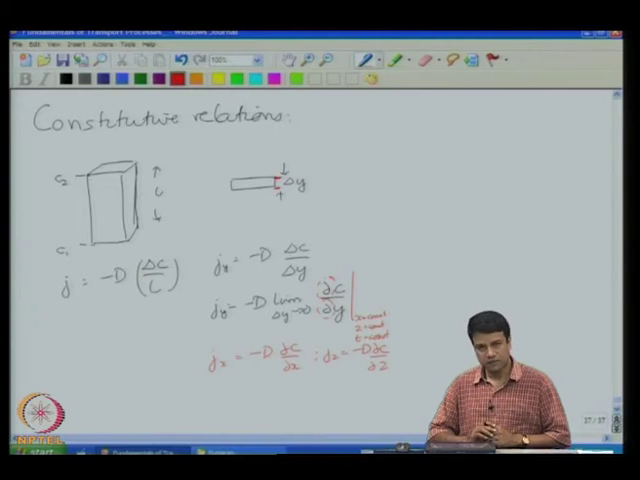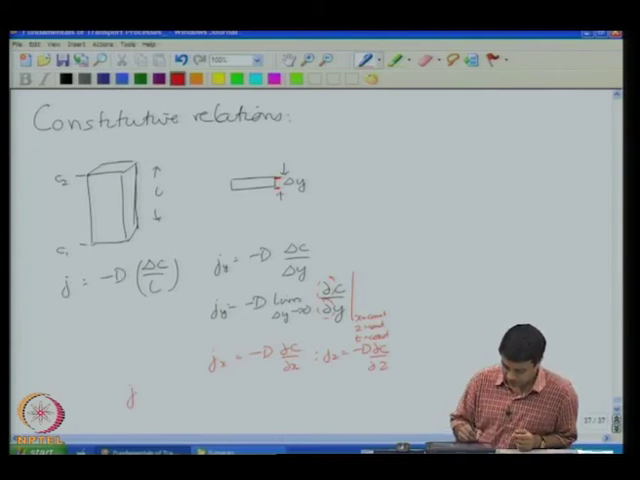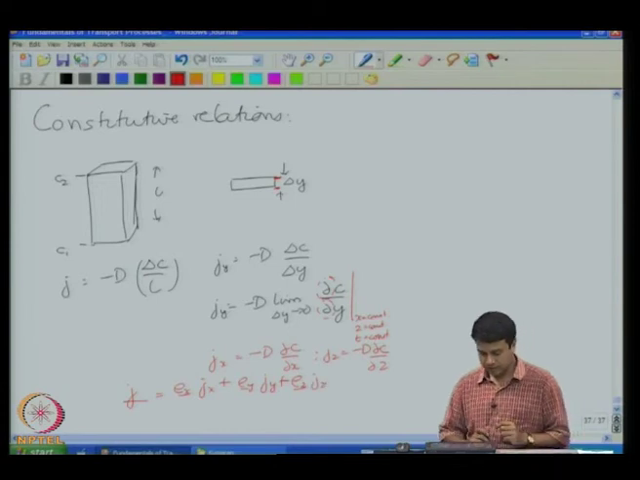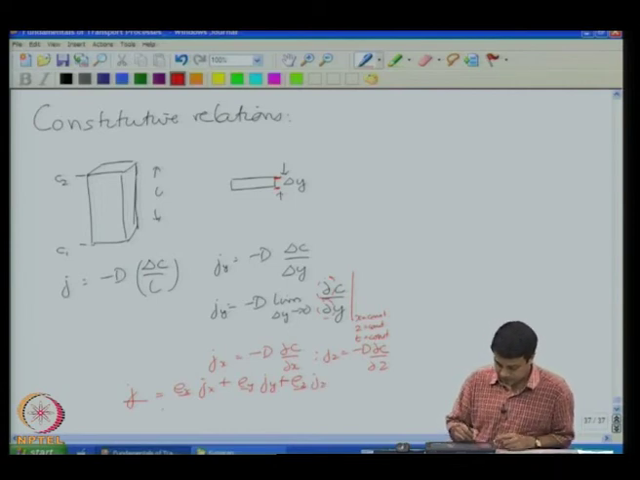What about if I had variations in all three directions simultaneously? In that case, I will get a flux vector equal to Ex times Jx, which is equal to minus d into Ex dc by dx plus Ey